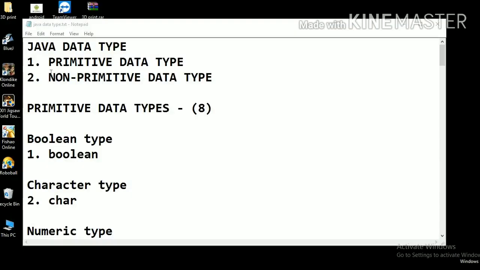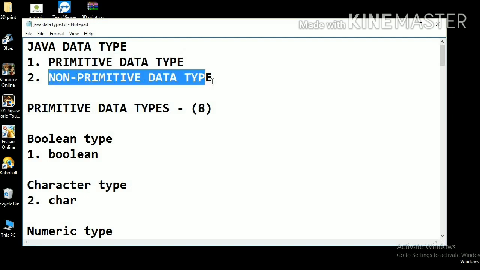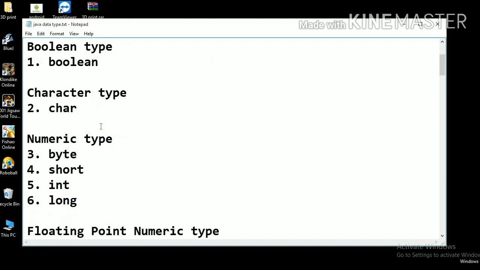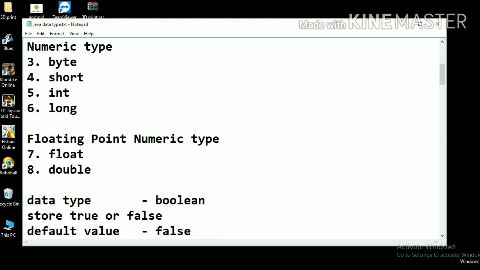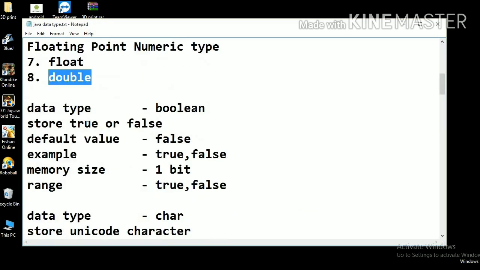So let's begin with Java data types. As I have already told you, these are of two types. One, the primitive data types, which are already available in the Java packages, and the non-primitive data types, which are reference and composite types created by the user. Primitive data types are 8 in number. One is the Boolean data type, which takes only a true or false value. The character data type takes only character values. There are 4 numeric data types: byte, short, int and long. For floating point, we have two, float and double, which are used to store decimal values. So let's see them one by one.